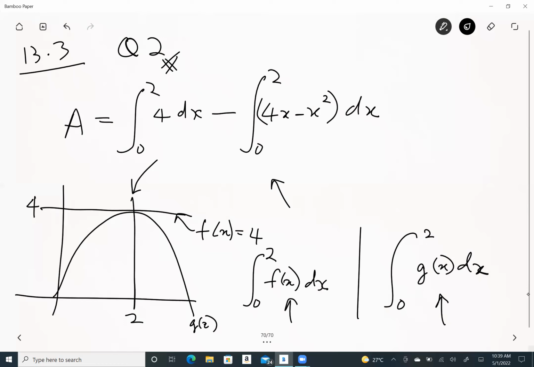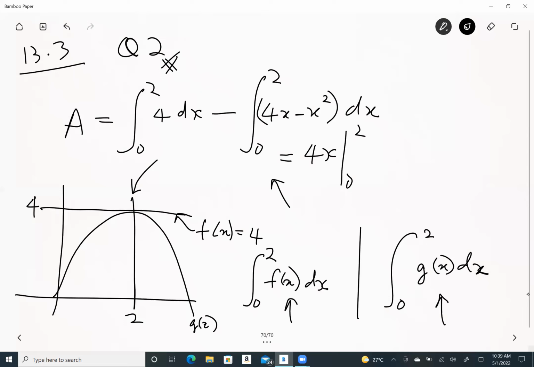Once you have this form, you know the rule. If you have the same interval and two different functions, you can add them up first, or you can do it separately. It doesn't matter because I cannot simplify anything. So you do the integral individually. I think I will do it individually. You can add first, that's fine also. So if you do it, then that is equal to what? That's equal to 4x,